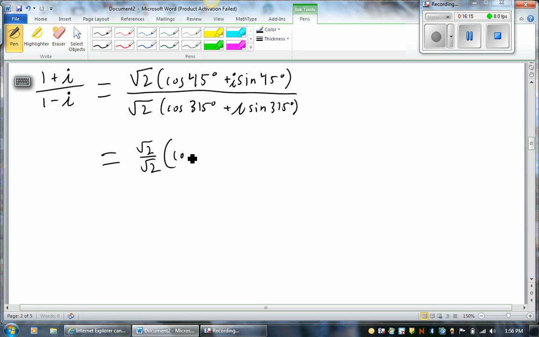It's going to be multiplied by the cosine of 315 minus 45 plus i times the sine of 315 minus 45. So radical 2 divided by radical 2 is 1. Cosine